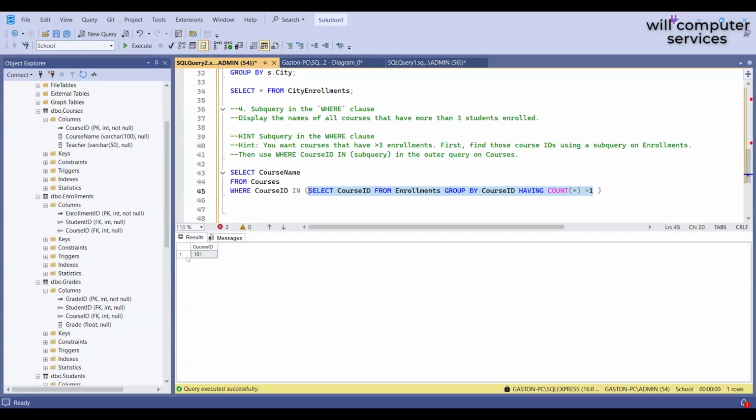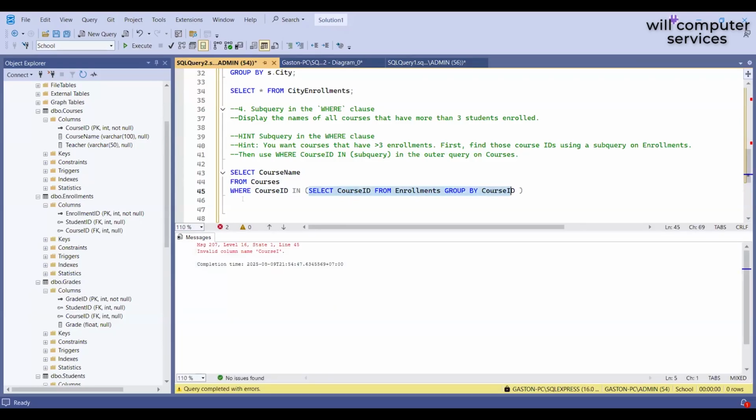And now we want the course name associated to 101. So we execute all that, which is mathematics. If we didn't have this condition at the end and we execute this,